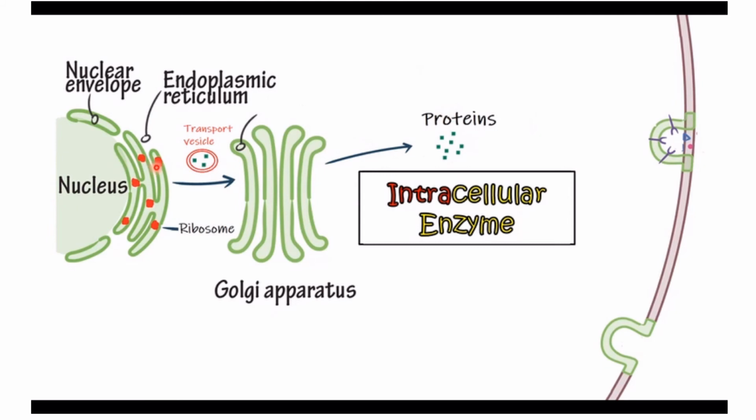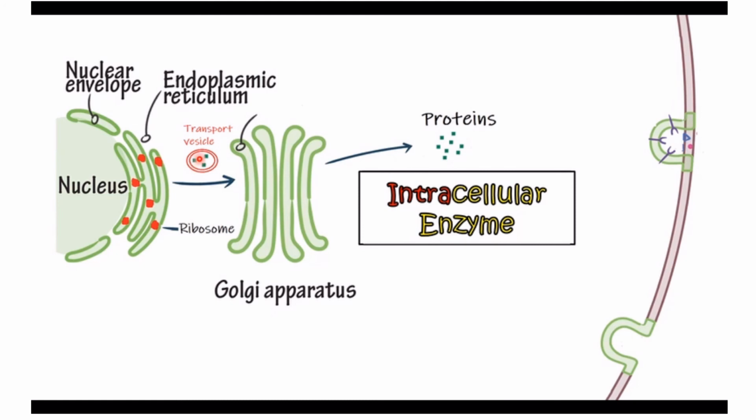Now, with respect to the differences in the biosynthesis and transport of the two enzyme categories, I'm going to explain them, and to explain them in a better way, I'll be using a laser pointer as well. Since we all know that enzymes are proteins, they are produced exactly in the same way as all other proteins are. So the enzymes in both cases, whether they are being produced intracellularly or extracellularly, are produced in the same way. As you can see here, in the ribosomes, the red dots that are attached on the rough endoplasmic reticulum,